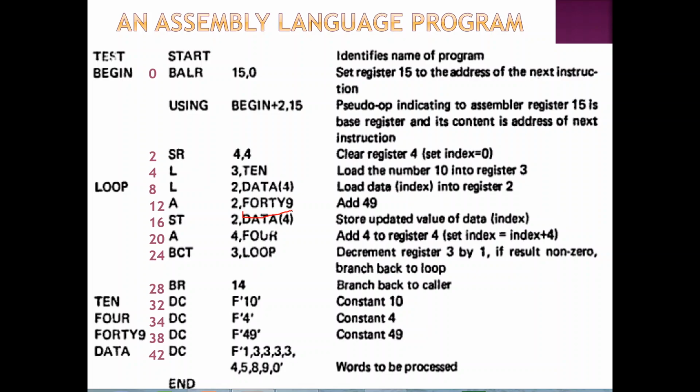So instead of giving the address, you have to write the program in the form of a symbol. For example, 49 is your symbol where the value is stored. So how do you store a value? F here means full word. 49 is nothing but the constant which you are storing inside that particular symbol. That's how we have written the program.